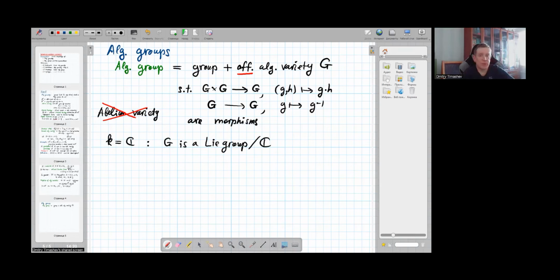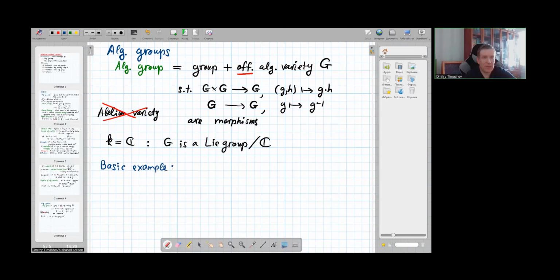So you may consider algebraic groups over complex numbers also as Lie groups. And this is instructive sometimes. What is the basic example of an algebraic group? Of course, the basic example, which I will use many times in different situations,